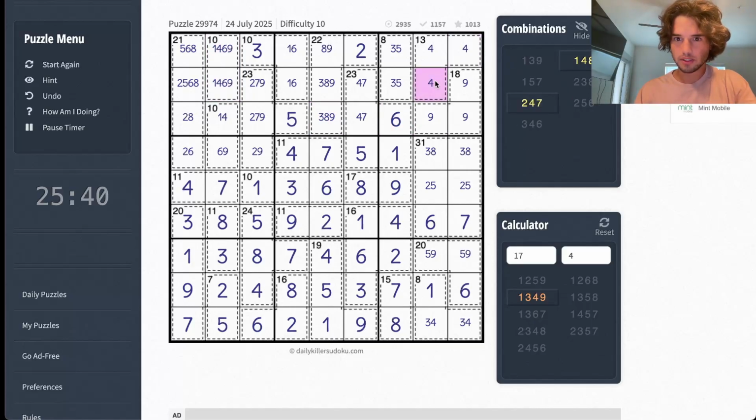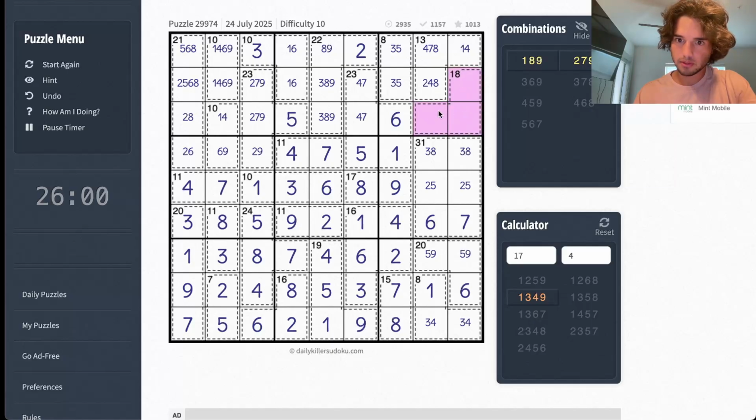And now we end up with, let's clear this. We end up with 2, 4, 2, 7, or 4, or 1. 1 would have to go there. I guess 4 and 8 could go in either of these places here. And then